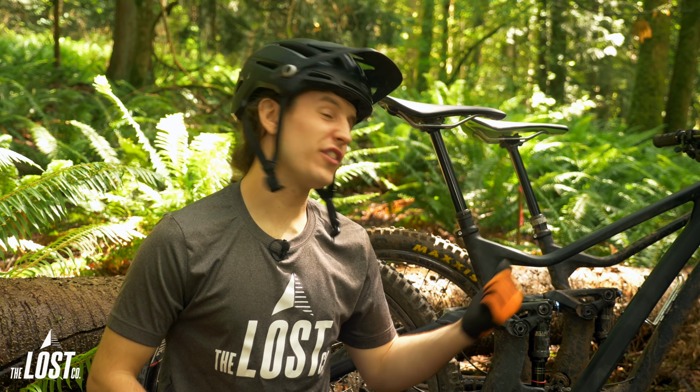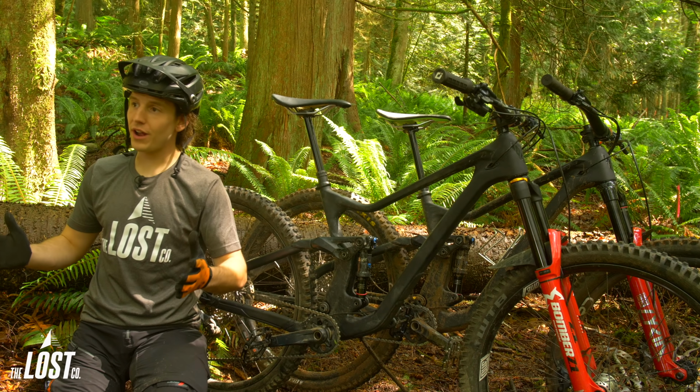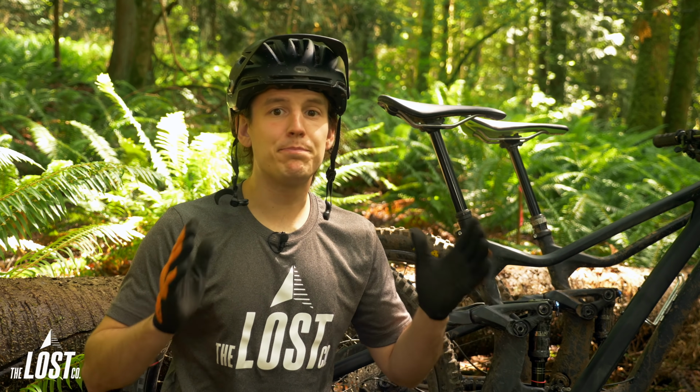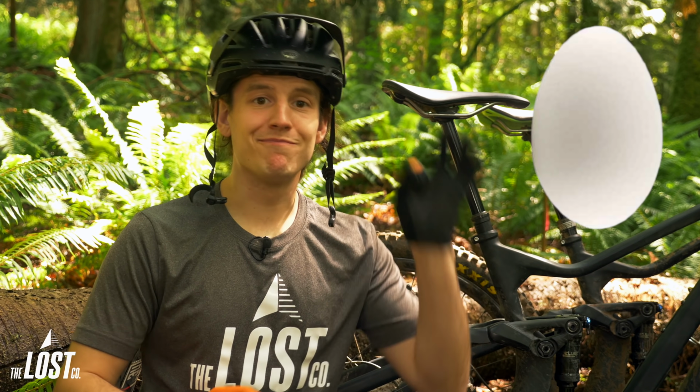We've had both of these Da Vinci Troys built up for about 6 months now and rode them through a super wet and muddy Pacific Northwest winter. A winter out here is sure to show some reliability issues with any bike parts, especially dropper posts. But honestly, both posts feel exactly the same as the first day we installed them, and we've had zero issues